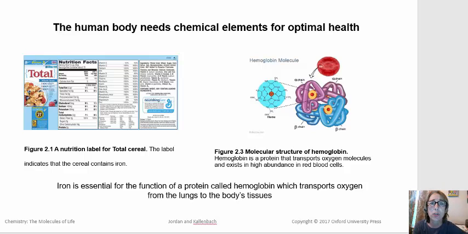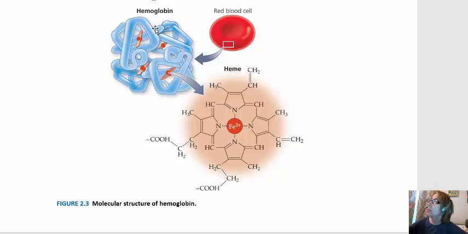So let's take a closer look at hemoglobin. This graphic here shows an abbreviated form of the hemoglobin protein, and the orange sections represent a heme molecule, and in the center, represented by that little red circle, is iron. We'll learn later in this chapter what that +2 is, but iron to chemists is symbolized by that capital F